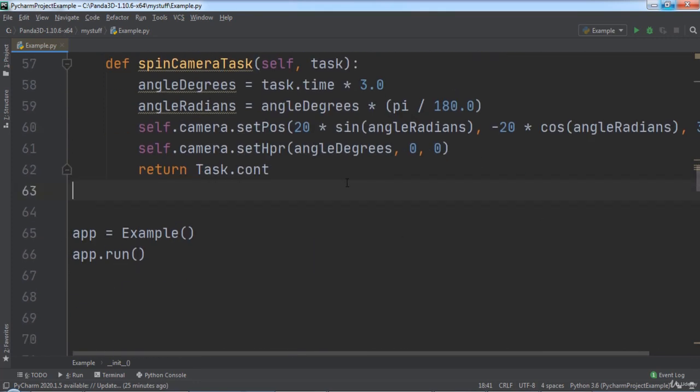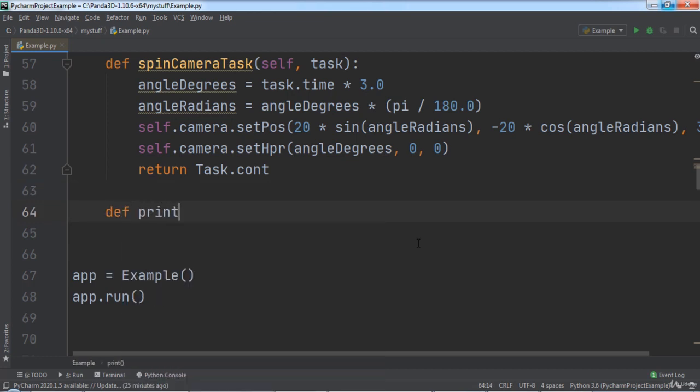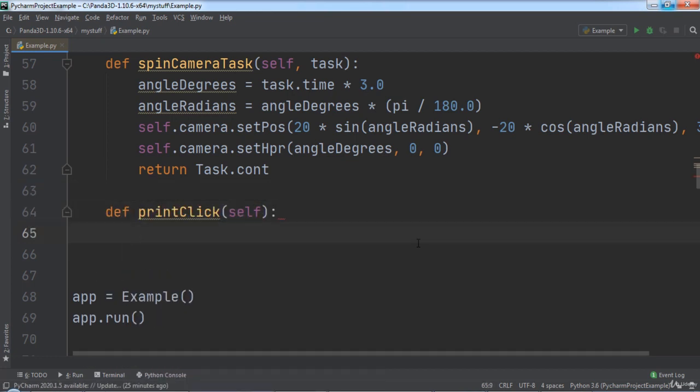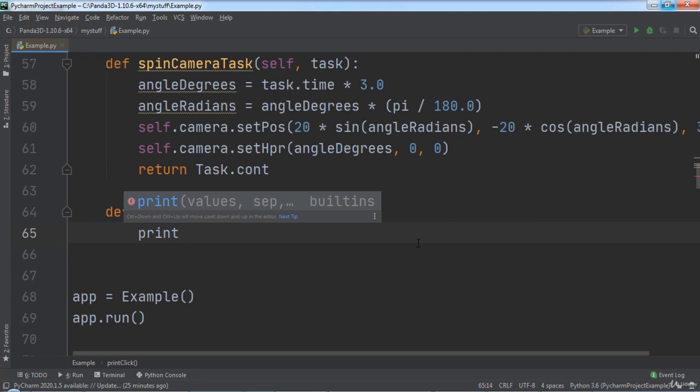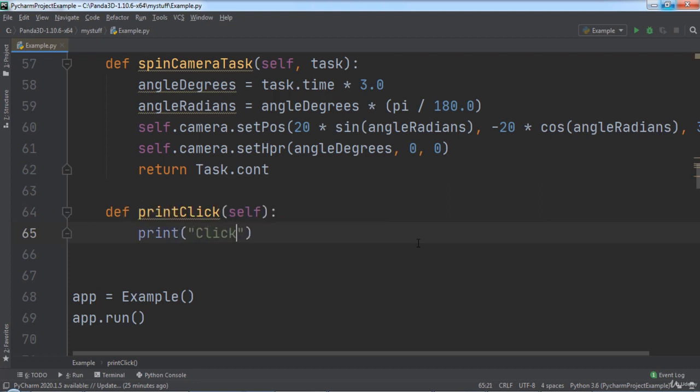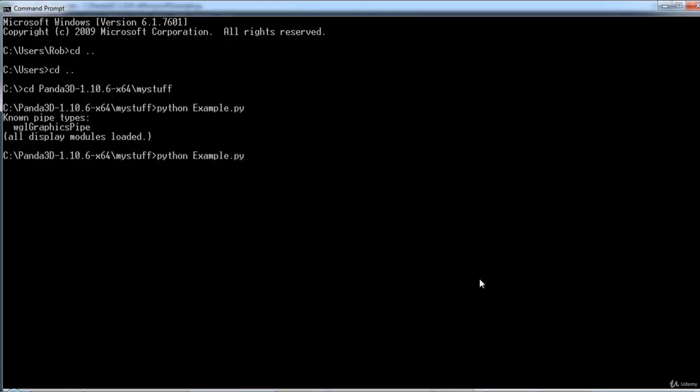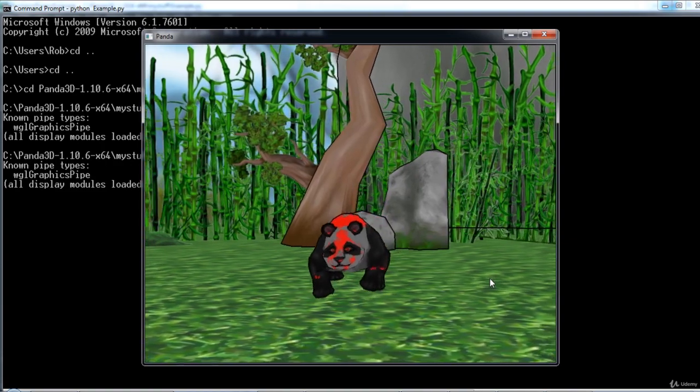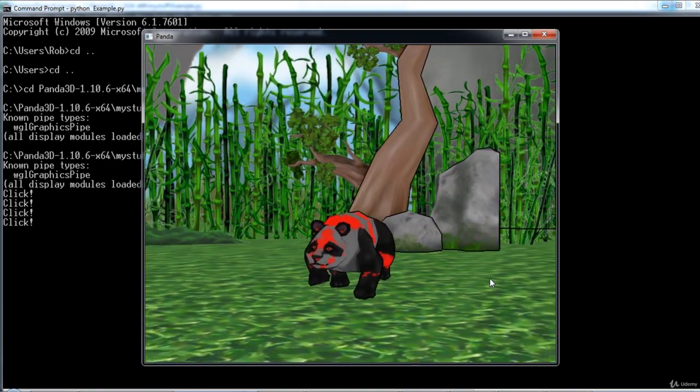However, we have not yet written a printClick function, so let's do that now. We will create a function named printClick. Inside of this function we will use Python's print function to print out the word click to the console. When we run the code, notice that every time we click with the left mouse button, the word click is